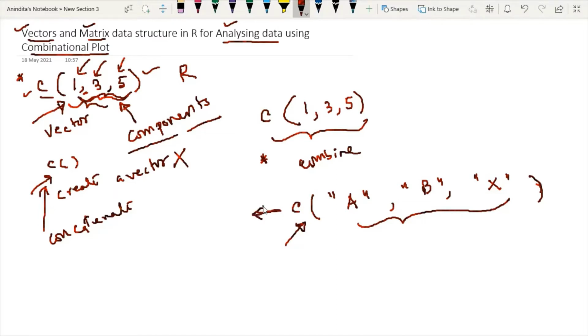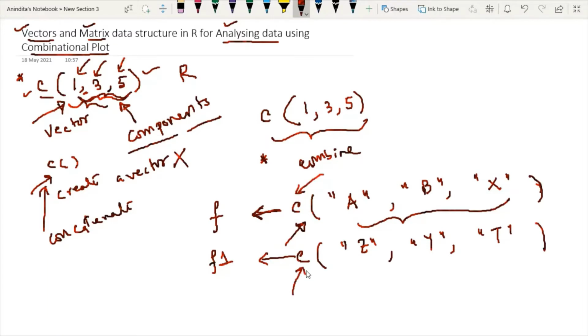For storing the vector, I am using this arrow symbol into some other variable. Also, I can store the second vector, which contains say Z, Y and T. We can write these in sequence, combine them, and store it in another variable, say f1. So here you can understand that the c function is only responsible for combining the vector components.